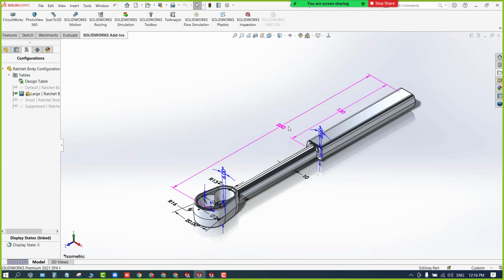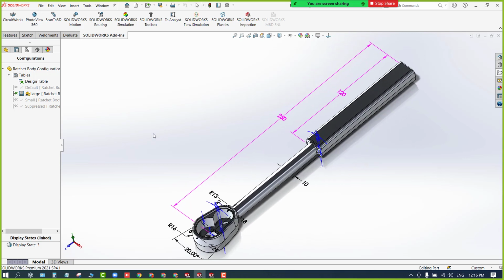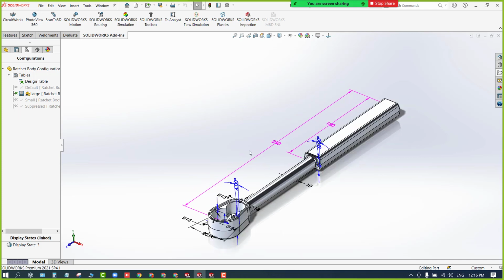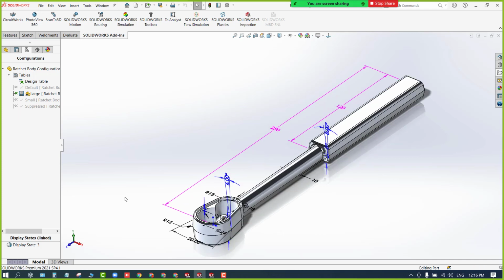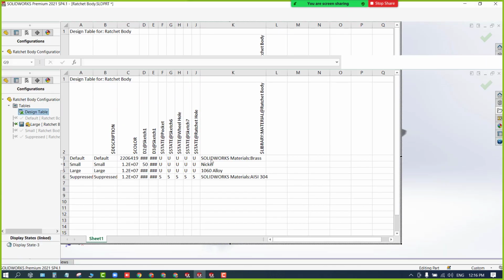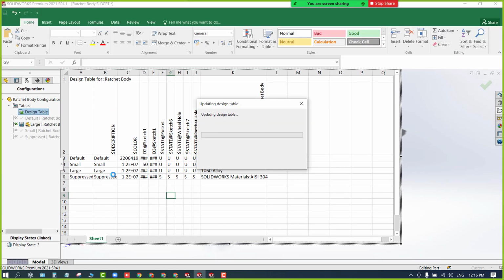So if you want to make the changes in the dimension, I can do that. Should I do it? Should I do it once again? How the change is going to happen? You can see here, let's say in the suppress now.